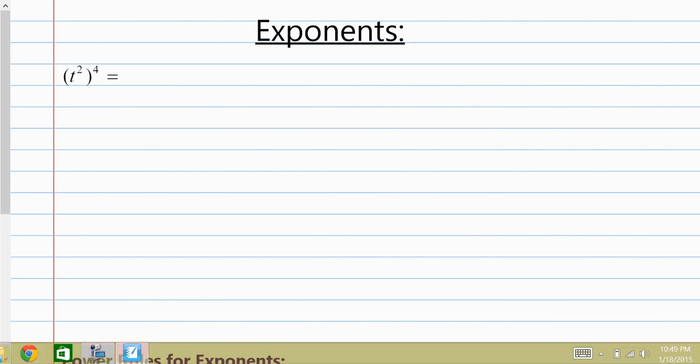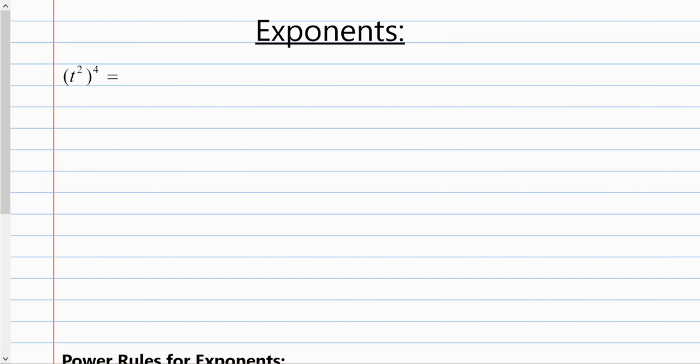We're going to figure this out the long way, just like we did with all of the other rules. So I'm going to take my t squared to the fourth. And I'm going to show you that this is t squared times t squared times t squared times t squared, because it's something to the fourth power. But each of those t squareds are really t times t,